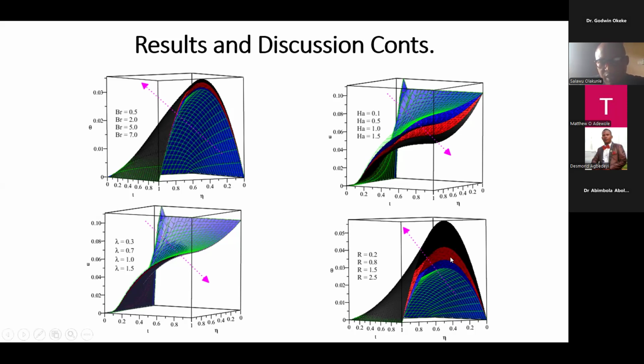Also here, we check the effect of radiation. Sorry, this third one, I did not put it in order. This third one here talks about the effect of radiation on the nanomaterial, on the hybridized thermofluid material for the Perovskite solar system. We discovered that as we increase the radiation, that is, the more the solar cell absorbs heat, the more energy is being supplied.